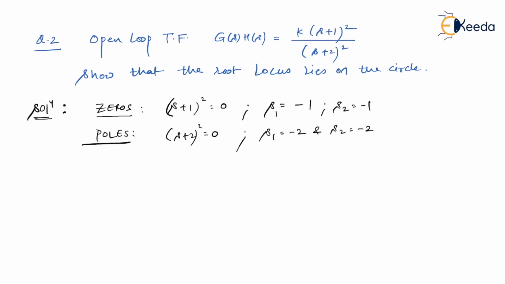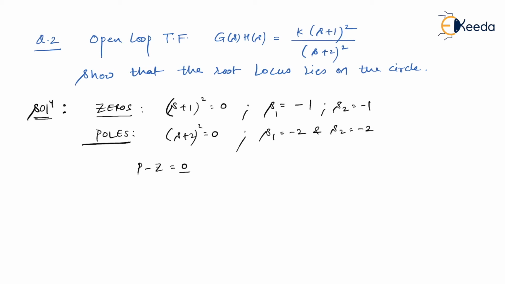If you remember, for a practical system, we kept saying that the number of poles is always greater than the number of zeros. So the remaining poles, that is the excess poles, which is p minus z branches, go to infinity. Over here, p and z values are the same. So p minus z equals what? Come on. P minus z is equal to 0.